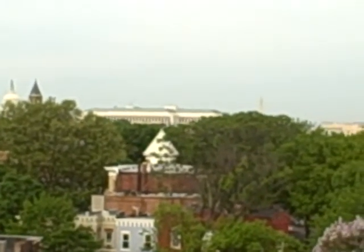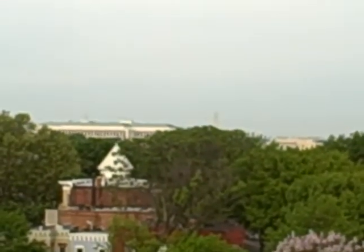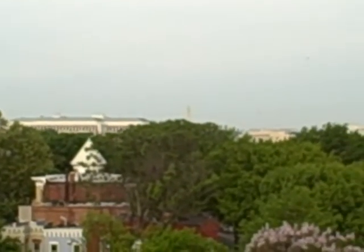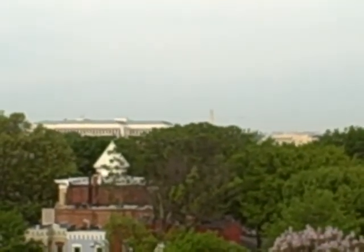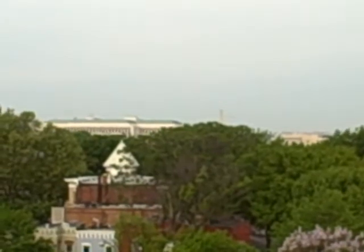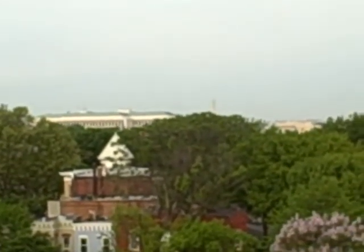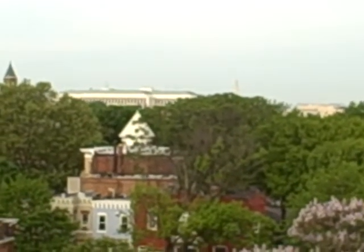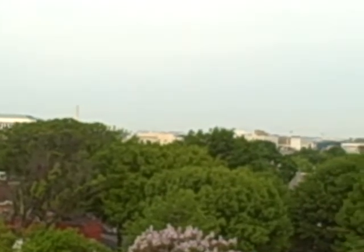The Washington Monument, I'm not sure if it's going to show up. I can see it, but I'm not sure if it'll be seen on the video. It's right through the clump of trees directly to the right, and there's a plane crossing in front of, or behind it right now. It's directly right of the Senate building. I'm going to pan. You can see